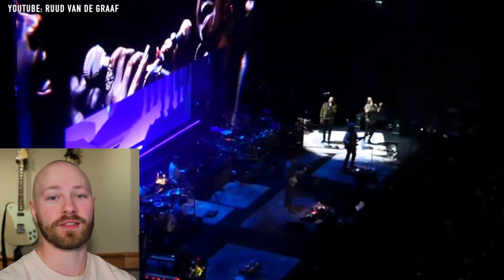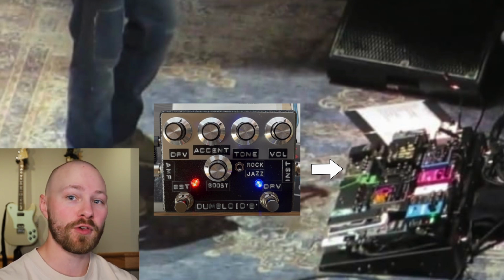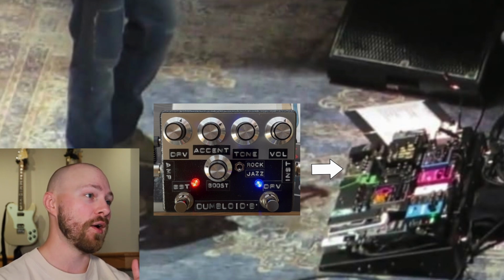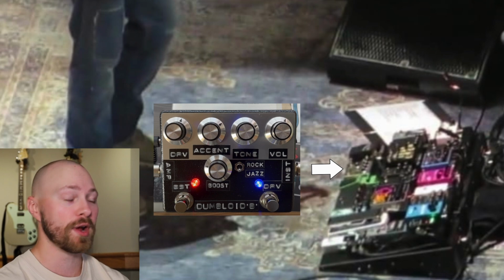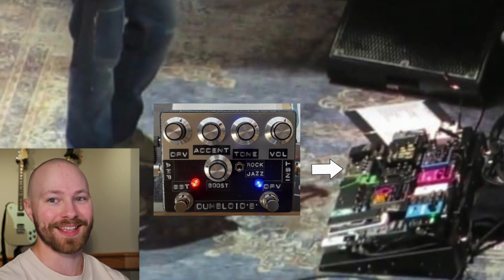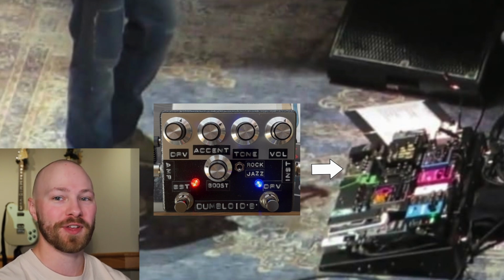And first, I'd like to focus on the Shin's Music Dumbloid B. This is a 2-in-1 pedal where it features the Dumbloid drive circuit as well as a boost circuit. Now on your screen, I'll have a shot of the Dumbloid B with both sides on, and you can clearly see that the drive side has a bright blue LED and the boost side has a bright red LED, and that's going to be very important for some of the examples we are looking for, just to 100% clarify what